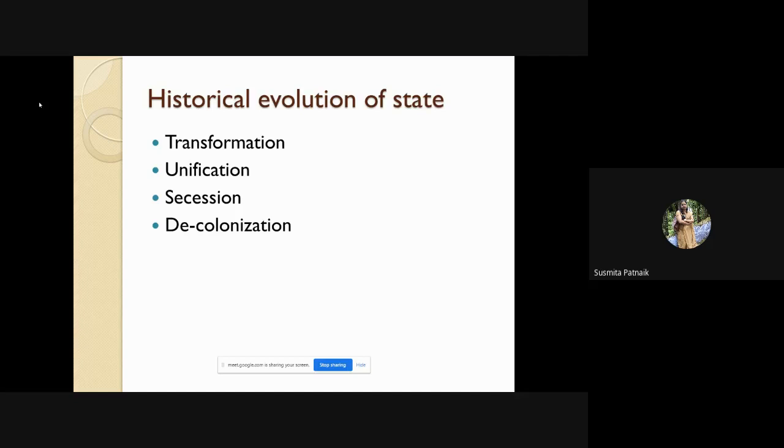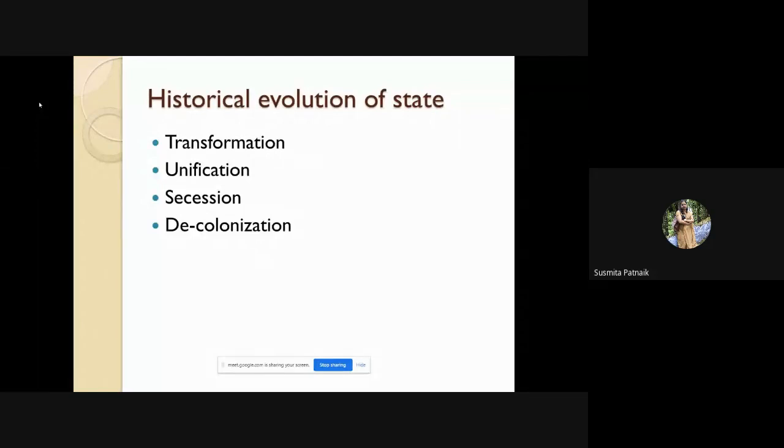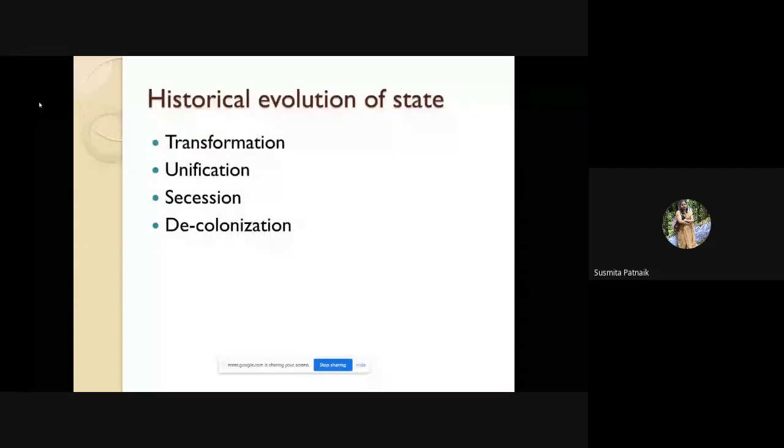The second one is called unifications. The meaning of unification is the collection, or the united efforts of many states. You may take the example of Italy. You may take the example of Germany. You may take the example of the USSR. Italy, Germany, USSR, or you can also take the example of the United States of America. This is called unification of the 13 states. Germany came about in unification by the united efforts of many states and became an independent entity. So similarly, these are the cases.